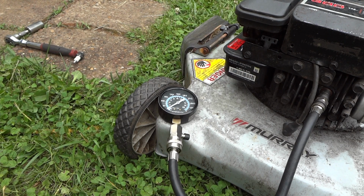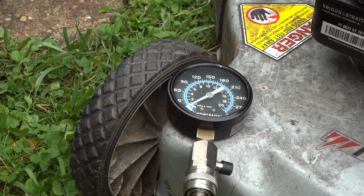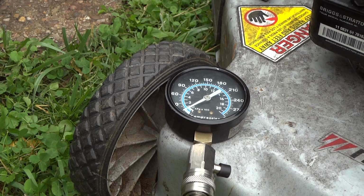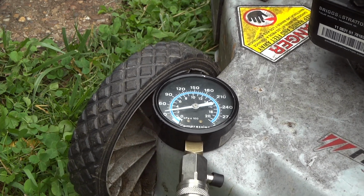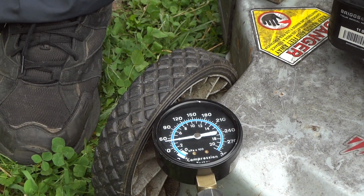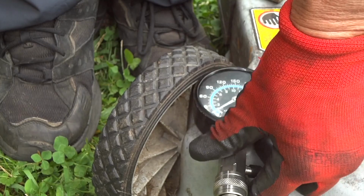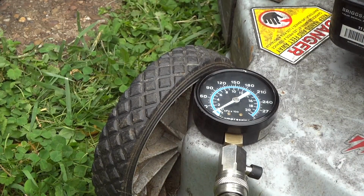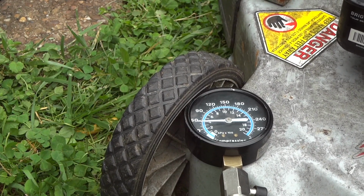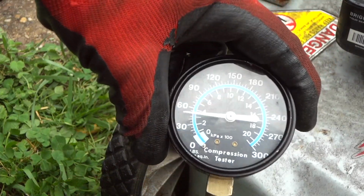Alright, so we're all hooked up there, and let's see what we get for compression. I think you can see that, but the point is, let's see if it even has any compression. Alright, well, we have compression. So, what goes? Huh. Alright, well, just to show sometimes things aren't as easy as you think, but at least we got a new